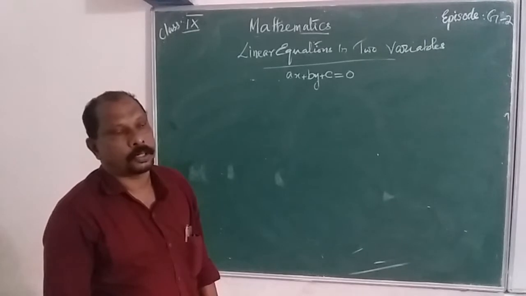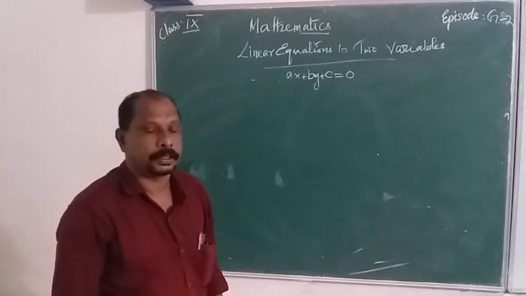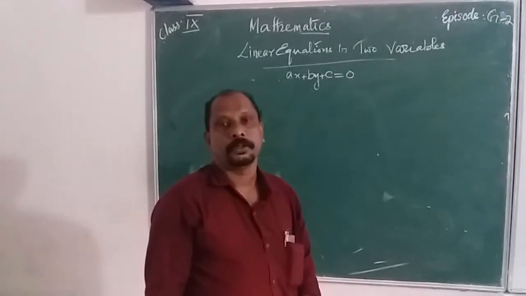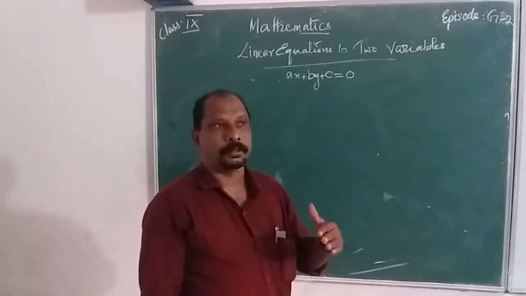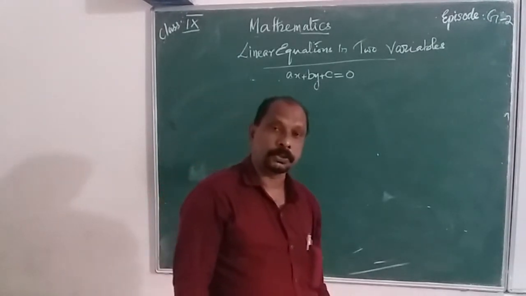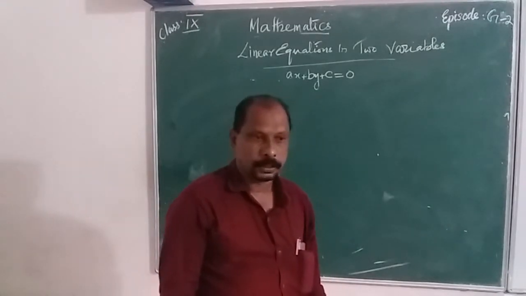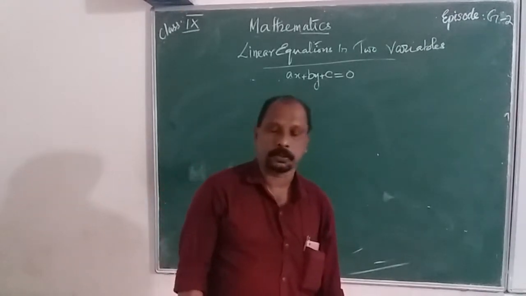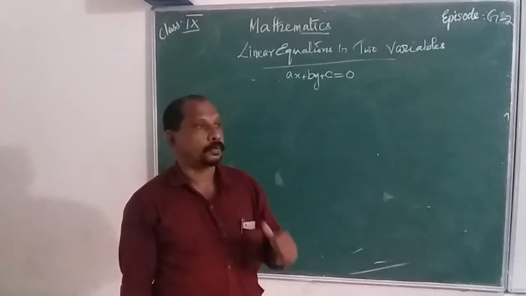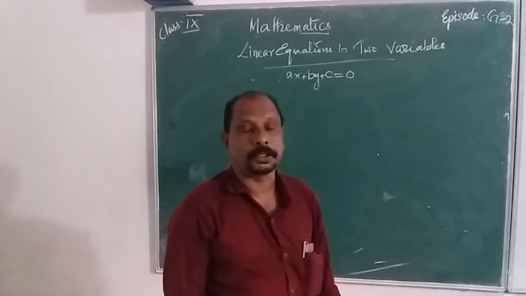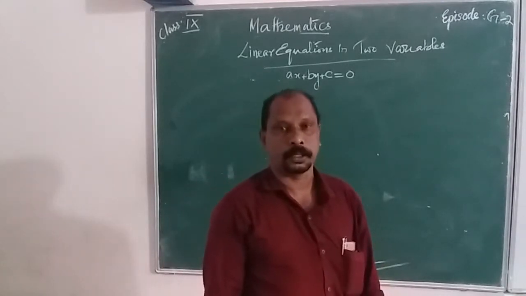And all the x coordinates of the y axis are 0. Therefore, x is equal to 0 is the equation of the y axis. And all the y coordinates of the x axis are 0. Therefore, y is equal to 0 is the equation of the x axis. Then only x, it is a vertical line. Only y, it is a horizontal line. With x and y, that is ax plus by plus c is equal to 0, that is the equation of a line. It is not vertical or horizontal.